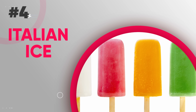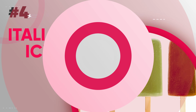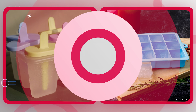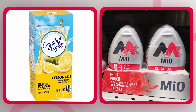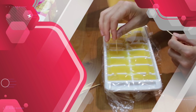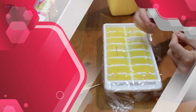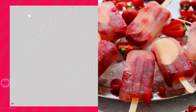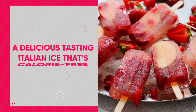Now, many people quit their diet plan because they crave sweets aside from just fruits. And a homemade calorie-free Italian ice is perfect for this. You just need a popsicle tray, or you can even use ice cube trays that you already have at home. You would just take Crystal Light or a flavored water enhancer and mix it into some water. Then pour the water into your popsicle tray and cover the molds with the lids. Alternatively, if you're using ice trays, you just pour the flavored water in, cover with plastic wrap, and put a toothpick into each cube through the plastic wrap. Then just put it into the freezer, let it freeze overnight, and voila, you have a delicious tasting Italian ice